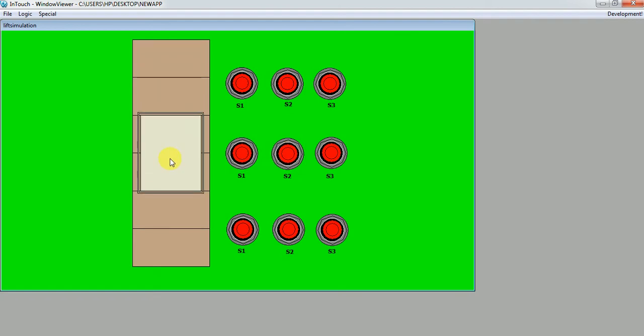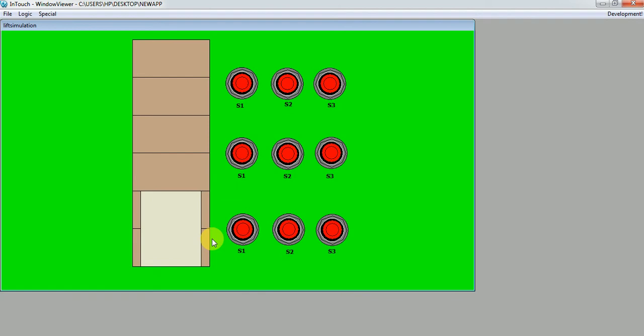You can see the lift is being shifted from the upper position to the middle position, and if I click S1, it will get to the first floor. So this is how the lift works. This is a simple SCADA system for controlling the lift.